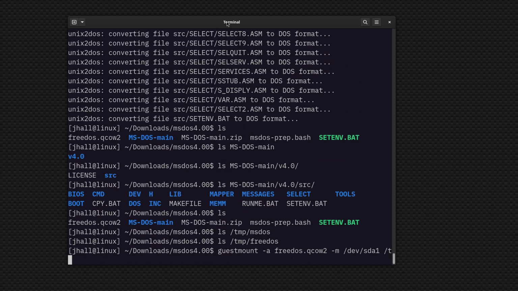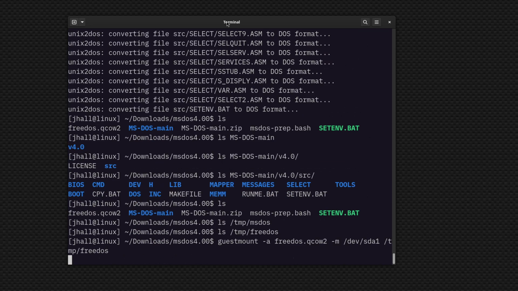I'm going to put that in temp FreeDOS. And so now we've done that, and it's going to mount that. And now I can see under temp FreeDOS, I now have my bare FreeDOS installation. So let's go ahead and copy all of the source code that we just converted from MS-DOS 4's release into my